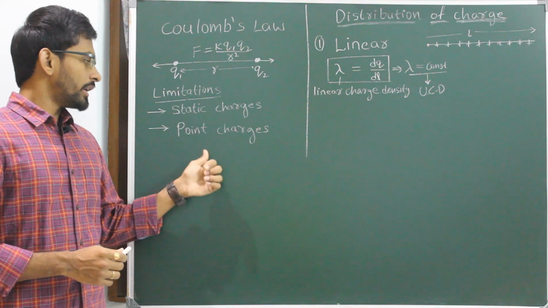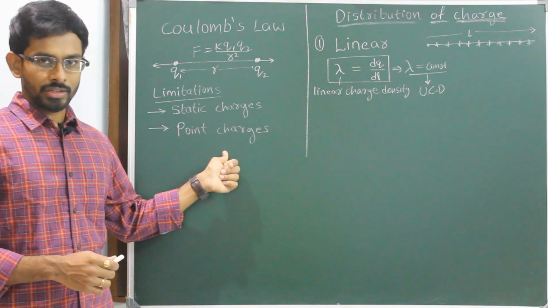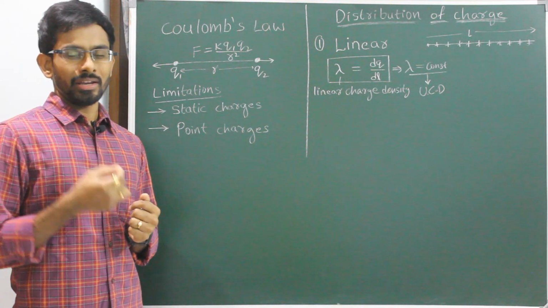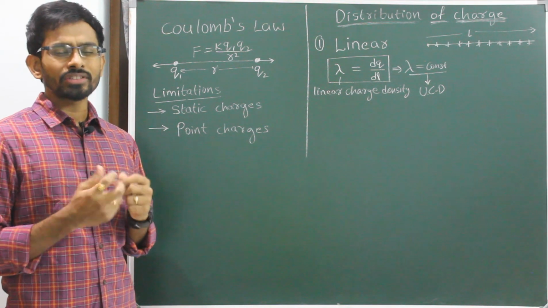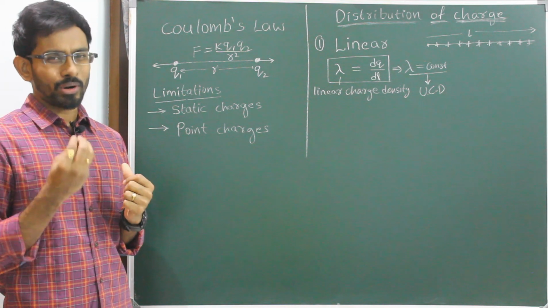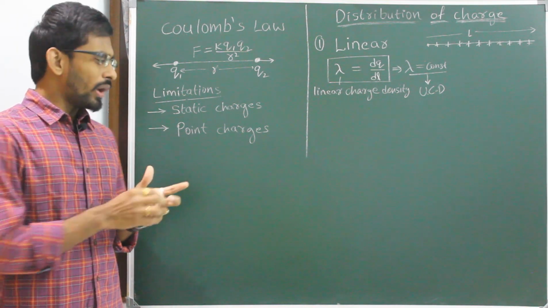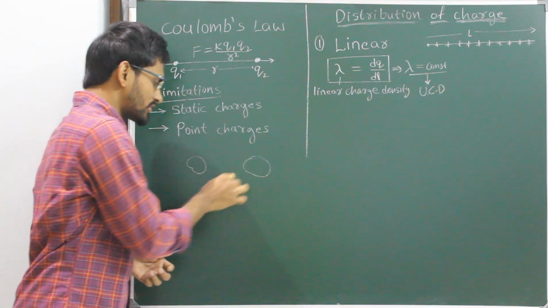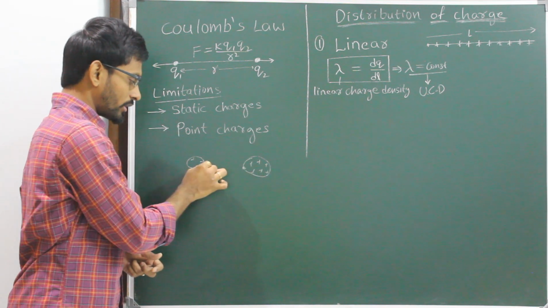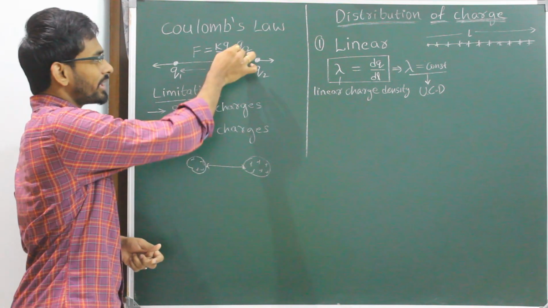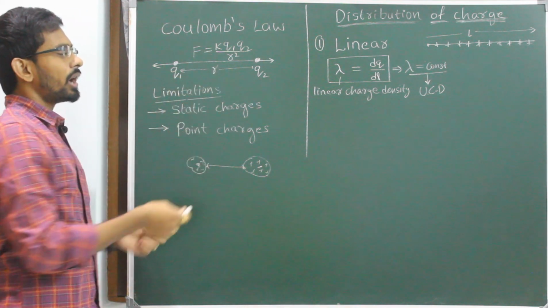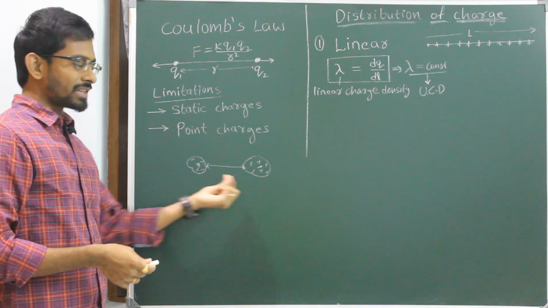So the next limitation, it is applicable only for point charges. So guys, point charge means the entire charge is located at a single point, but in general the charges are always distributed. So the charge is not located at a single point. We can't find point charges. Now when you have distributed charges, the distance between the charges or the distance between the bodies will be different for different points. So now we cannot take the distance to be the distance between the centers. So here in Coulomb's law, we cannot substitute r as the distance between centers of these two.